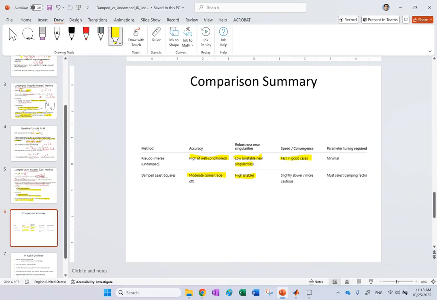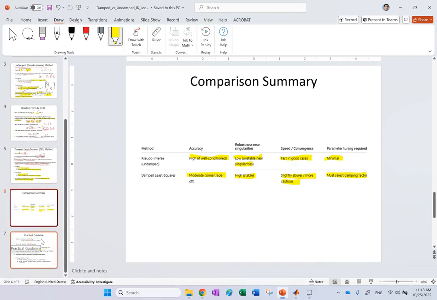The pseudo-inverse is fast. This is slower. And the parameter tuning, that doesn't really need anything. This one needs to select lambda. Now, let me tell you the last thing, which is practical guidance, and then I want to show you a